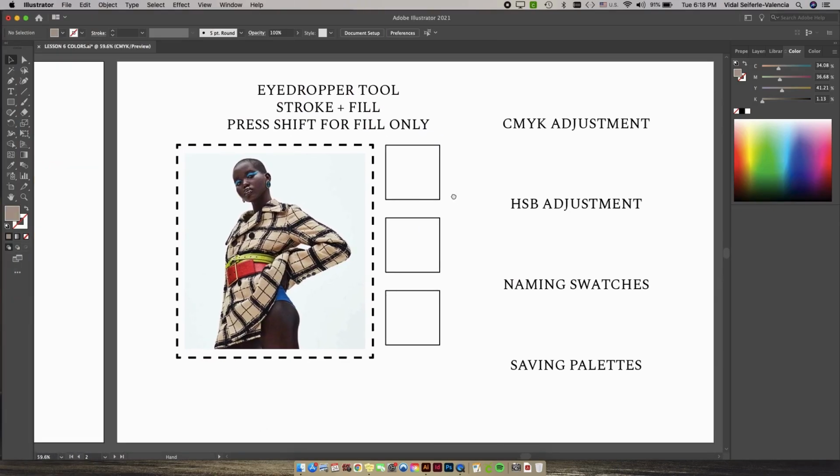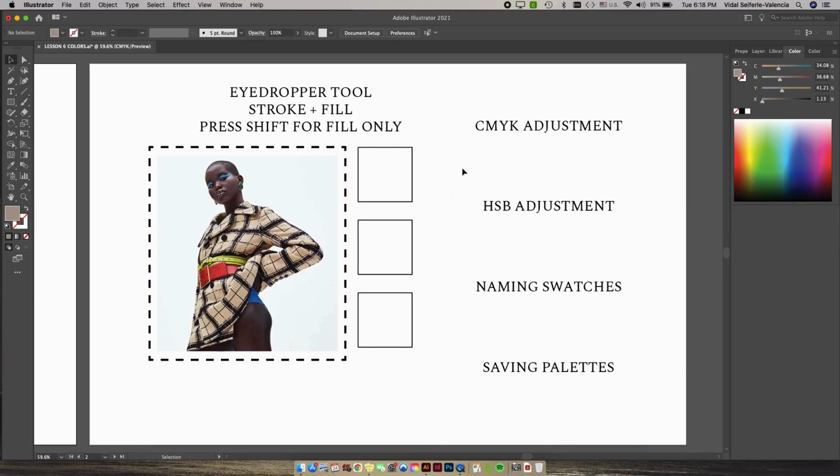So we're going to get just into how to use the eyedropper tool. It's pretty friendly in terms of the tools. There's not a lot of tricks to it. And we're just going to grab the eyedropper over here. If you hold press, you can see the eyedropper is shared with the measure tool. We're just going to use the eyedropper. That's all there really is to it. It's also the keyboard shortcut is the letter I. And so as you can see, if I select any colors on this image, it shows up here as my